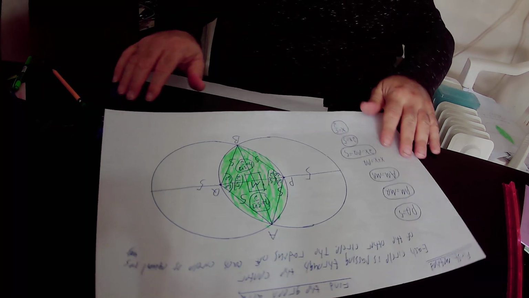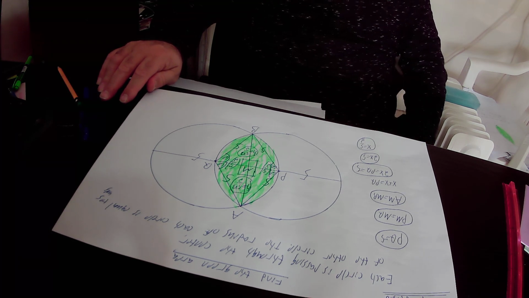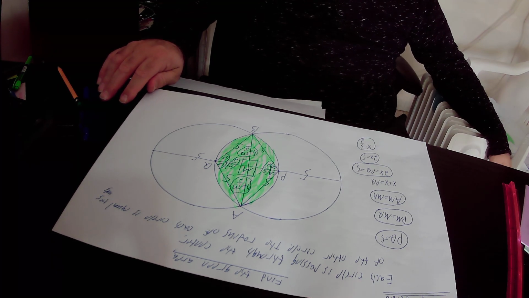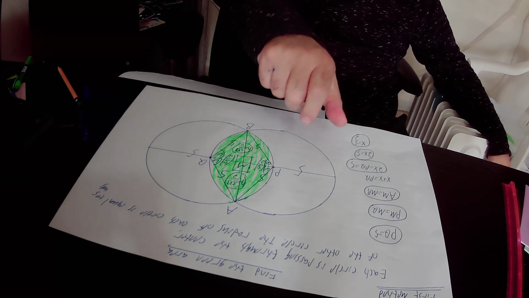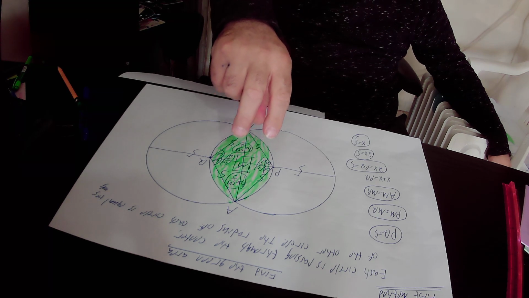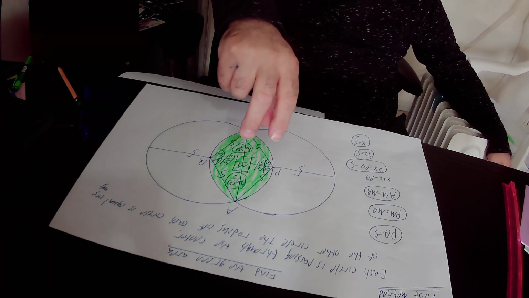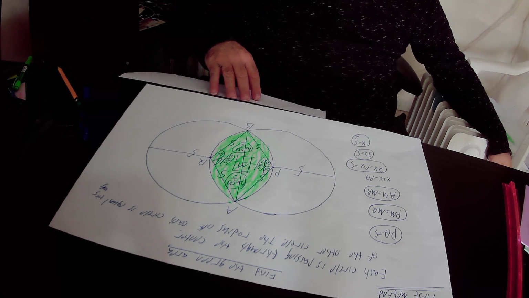We have here two circles, each one of the circles passing through the center of the other circle. The radius of each circle is equal to 5 units, and we want to find out the area of this green shape. So in the first method,